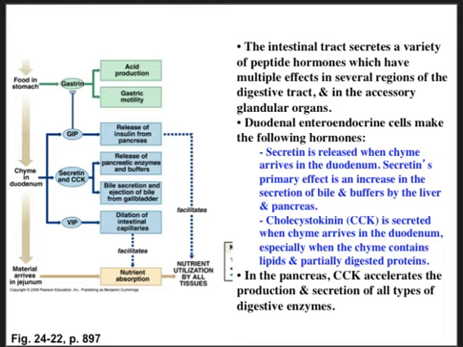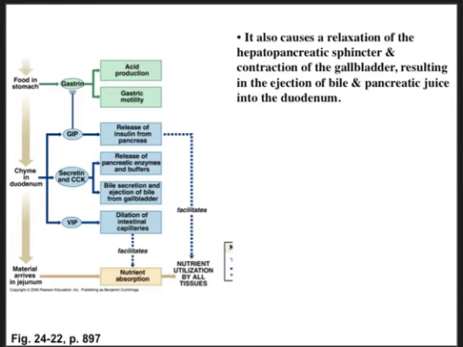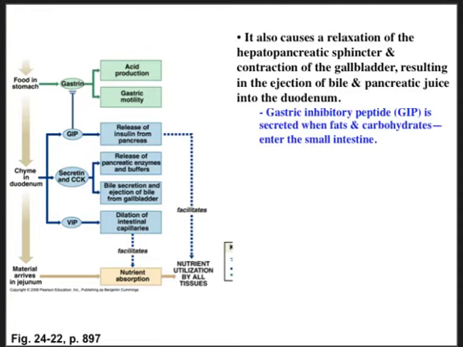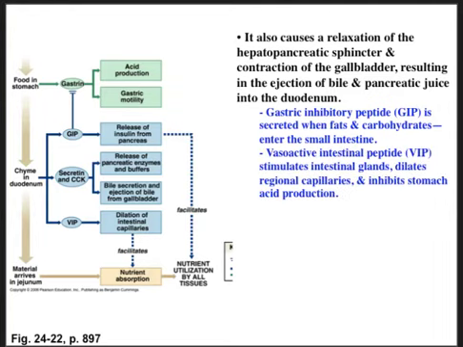Otherwise, you're not going to get the enzymes in the food to meet up effectively in order to promote chemical digestion, chemical breakdown of the molecules of your food. It also causes relaxation of the hepatopancreatic sphincter and contraction of the gallbladder, and this ejects bile and pancreatic juice right into the duodenum. GIP is secreted when fats and carbs enter the small intestine, and VIP is a hormone